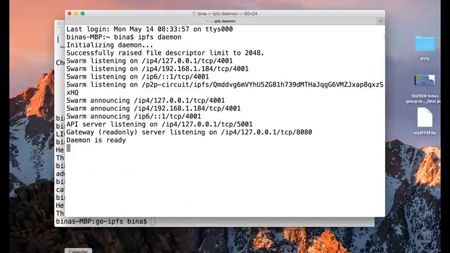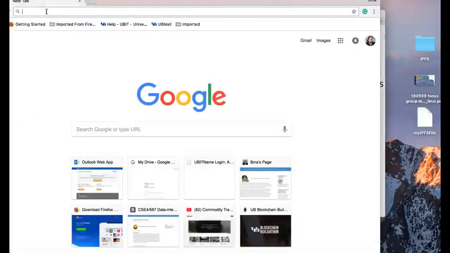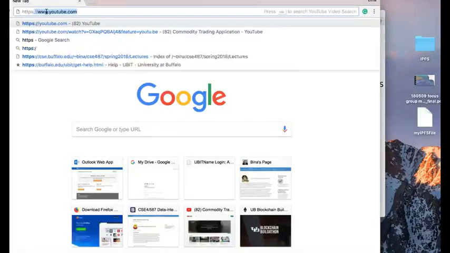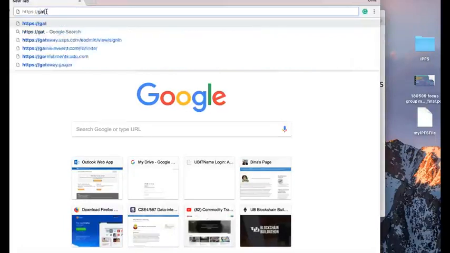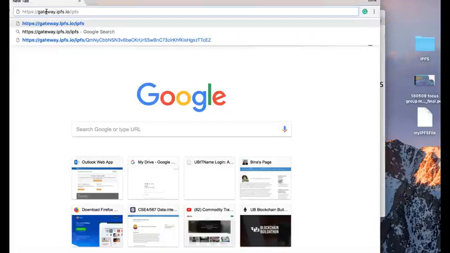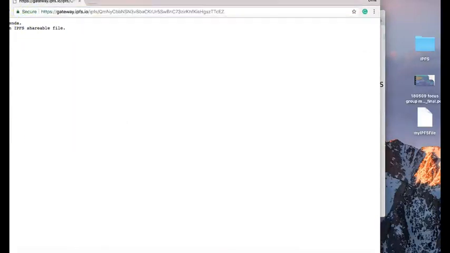This starts a gateway, and I'm going to open up a term, and in here I'm going to look at the file that I have. Since we have the daemon, we should be able to look at it from outside. Even though it is like a regular URL, it is actually accessing the IPFS file system. I'm going to put the hash of the file that we created just now, and you should be able to see. Yes, you're able to see the file system.